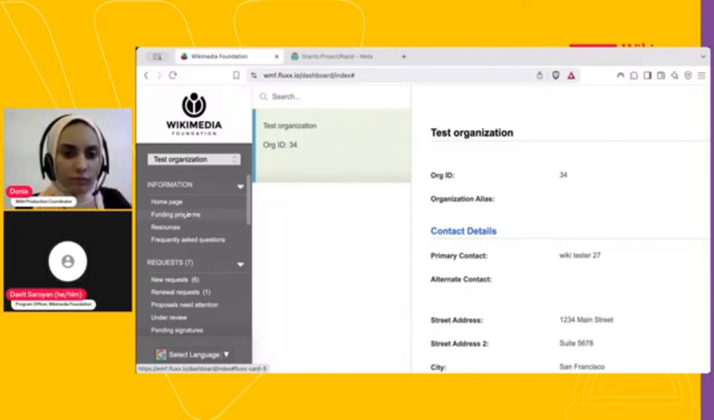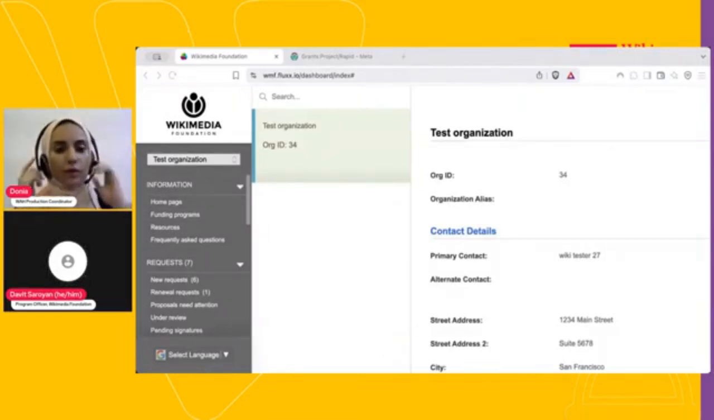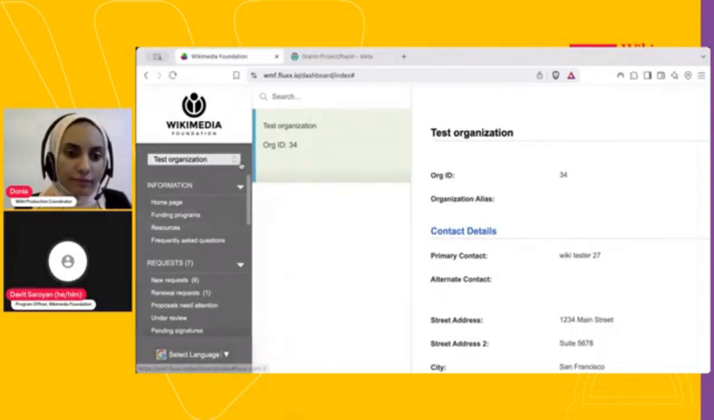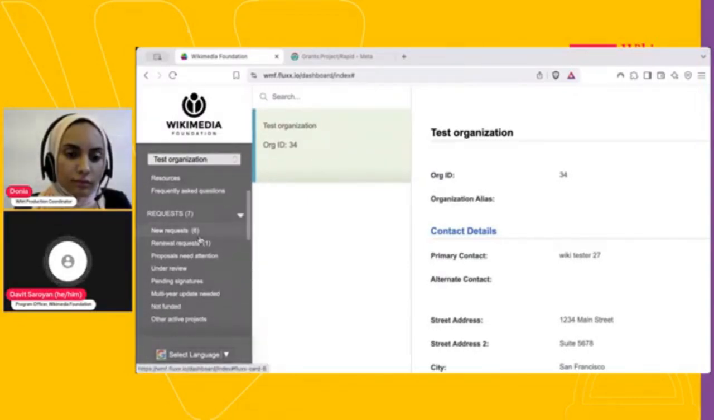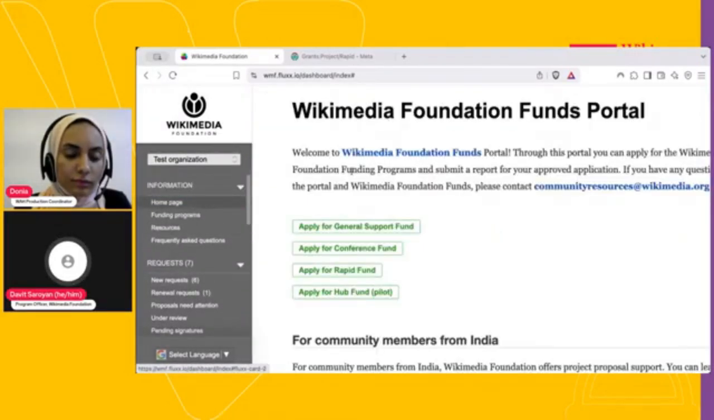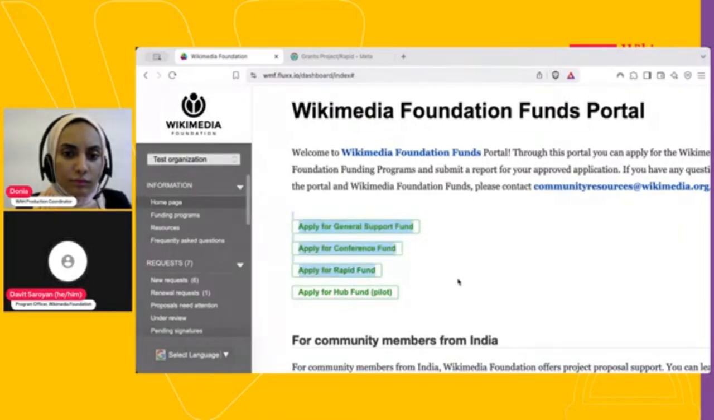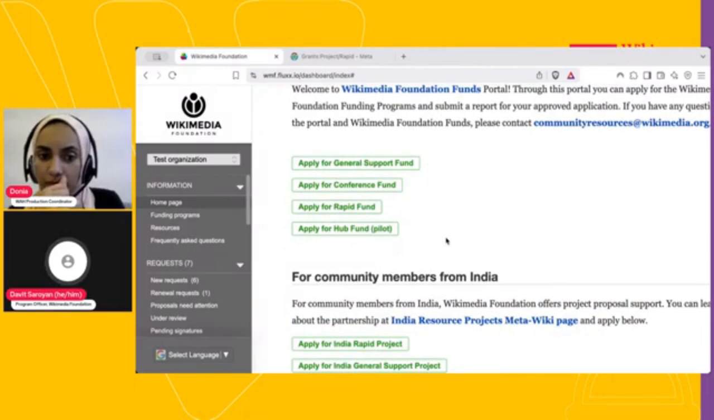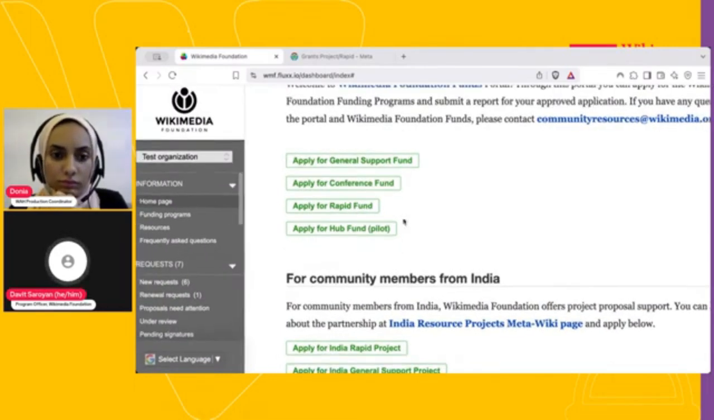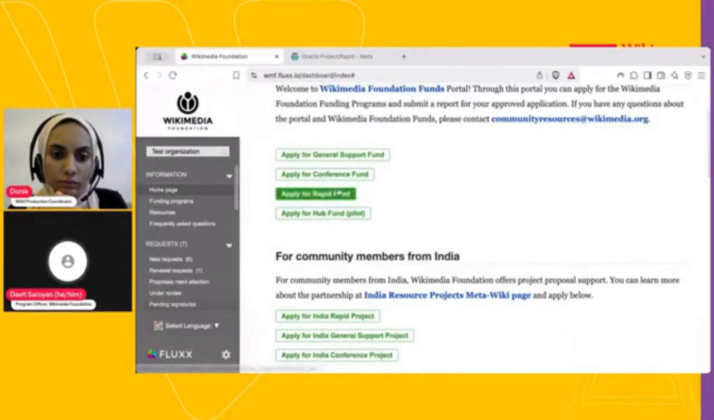I think we still have a few minutes left, right, Donia? Yes, go on. Thank you. If we have a few more minutes, I will just go through how to apply for a grant, because that's, I think, one of the most important parts. On the home page, you will find links to create new applications in the system. Let's say you want to apply for a rapid fund, you just need to click the apply for a rapid fund button,